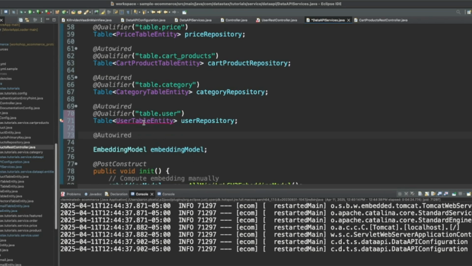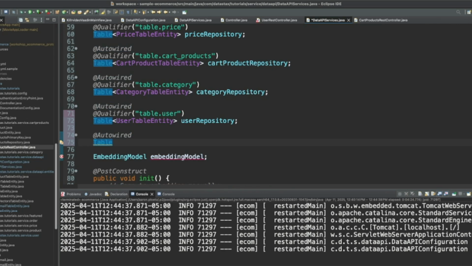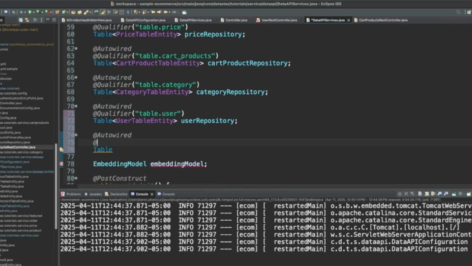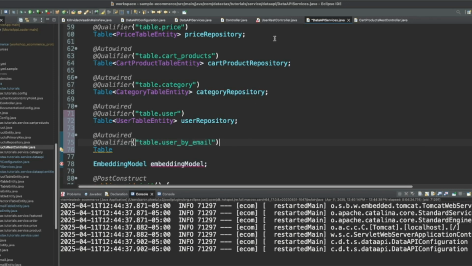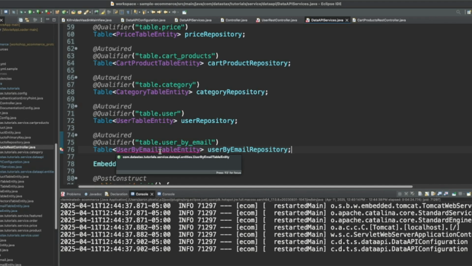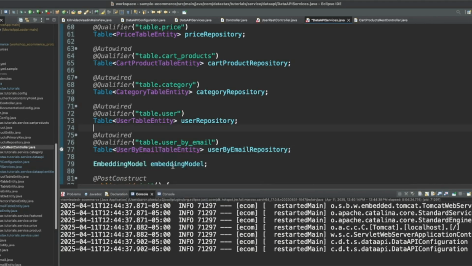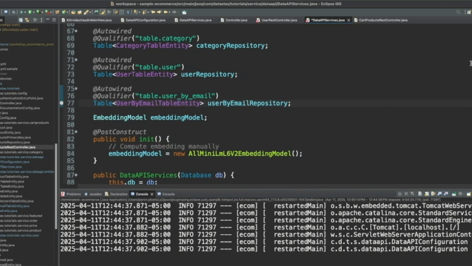And let's go ahead and import that in. And next we want to say table, let's get our qualifier, and we want user by email, and then we can say table user by email table entity, and let's import that entity class as well. There it is. Took a second. All right. Okay, so now we have that.